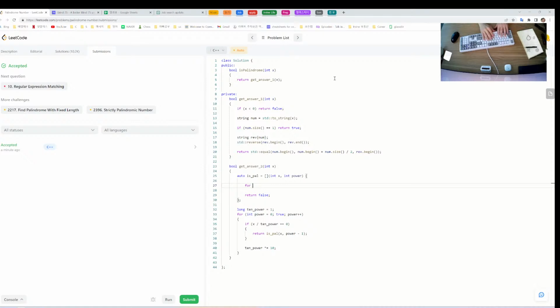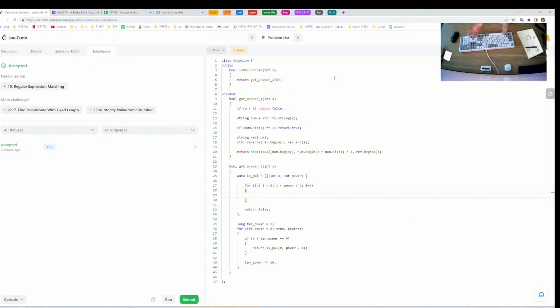So for int I equals 0 to I less than power 2, just like the one above, we will increase I, and then what we're gonna do is if this one, if x power